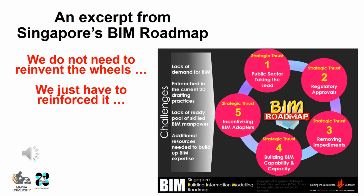This next slide is an excerpt from Singapore's BIM roadmap. Shown are the 5 strategic thrusts they need in order to go BIM roadmap. First is strategic thrust, public sectors taking the lead. Second, regulatory approvals. Third, removing impediments. Fourth, building BIM capacity and capability. And 5, incentivizing BIM adopters. Because of this, they were able to